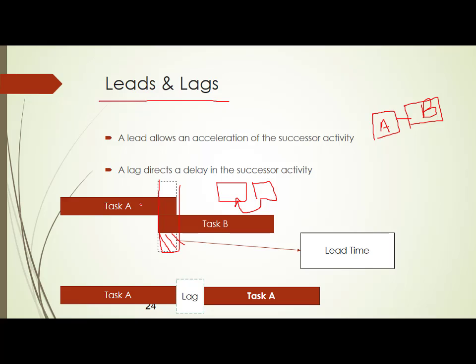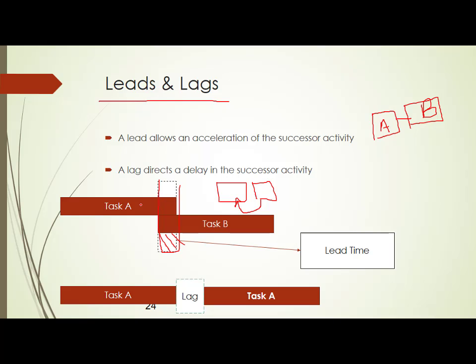We'll take one simple example. In a marriage you have a photo shoot. Generally, the photographer takes 100 photos, you take all the photos back and you start editing. Editing is task B, taking photos is task A. Generally we think editing will start only after the photo shoot is complete. But if you have to save time, after taking 80 photos, editing can start parallelly for those 80 photos, and the remaining 20 photos can be taken. That means editing is starting even before the photo shoot is completed. So this is called a lead.